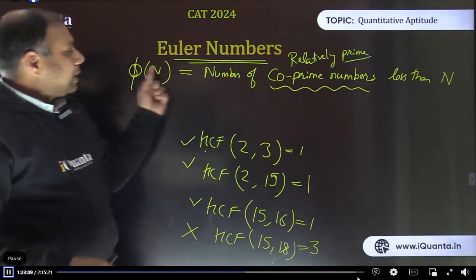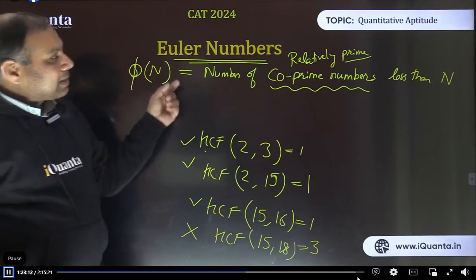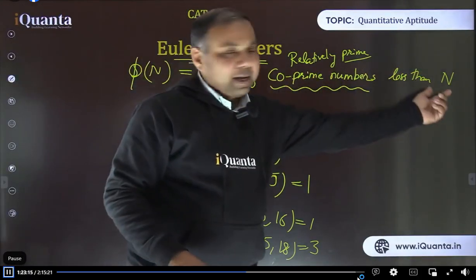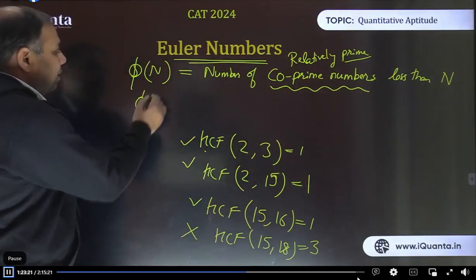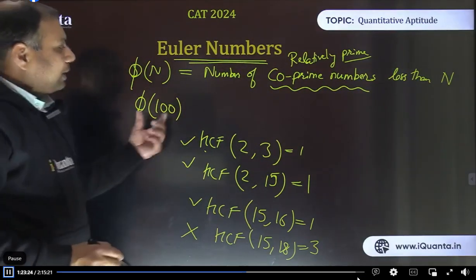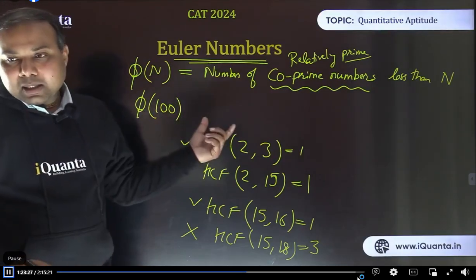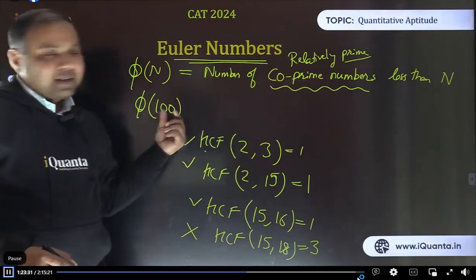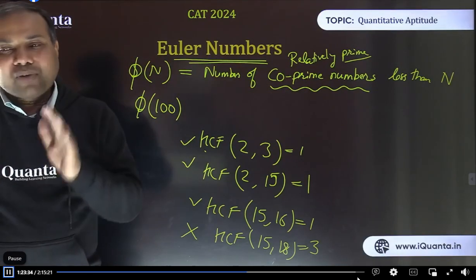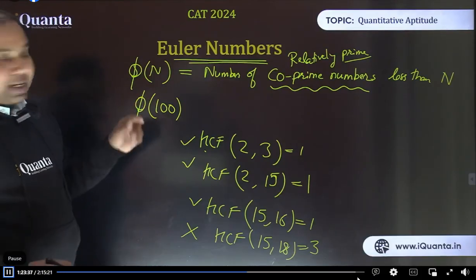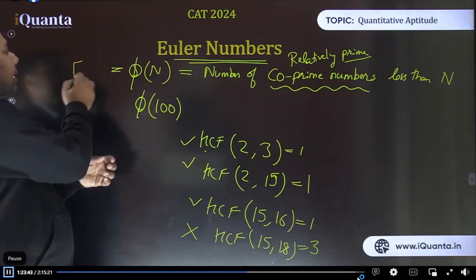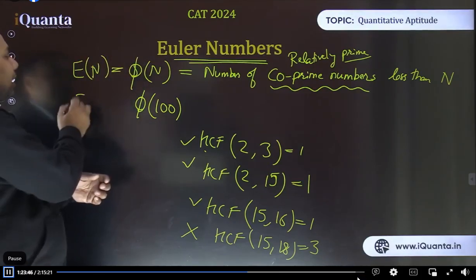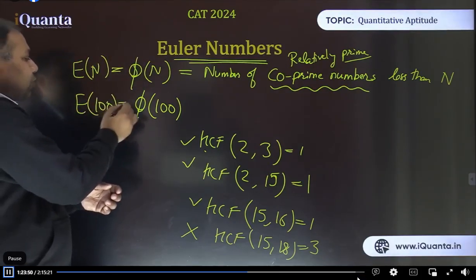It tells us that Euler number of n, phi of n, tells us the number of numbers which are less than n and which are co-prime to n. For example, if I talk about let's say phi of 100, तो now ये हमें क्या बताएगा कि how many numbers less than 100 are there which are not having any common factor with 100. I repeat. So phi of 100, but generally it is written E also. Some people write like this, E n, Euler number of 100. So whatever notation we may use, that's okay, no issue.